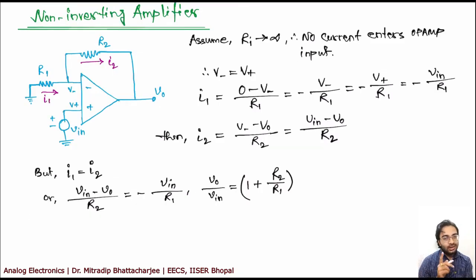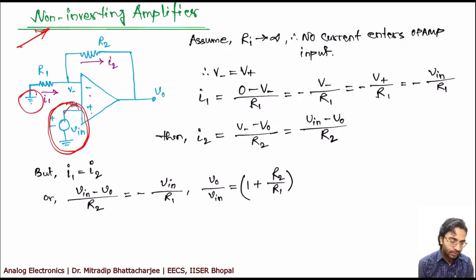Now similar to the inverting amplifier, we also have the non-inverting amplifier. Non-inverting amplifier means this time your input is in the non-inverting pin of the amplifier. Previously it was in the inverting pin, minus. This time you have the input in the non-inverting pin, that is plus, and you have grounded the inverting terminal. So similarly Ri is very high, so you can't expect any current going into the amplifier.